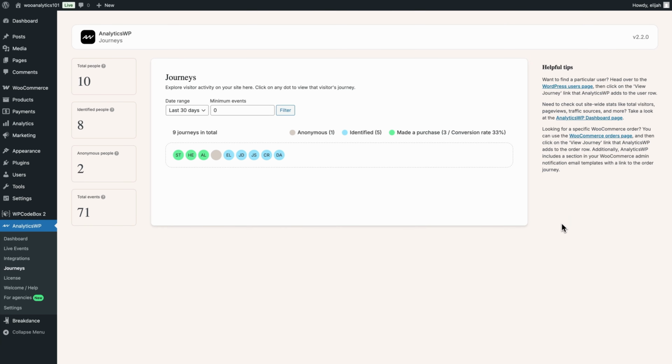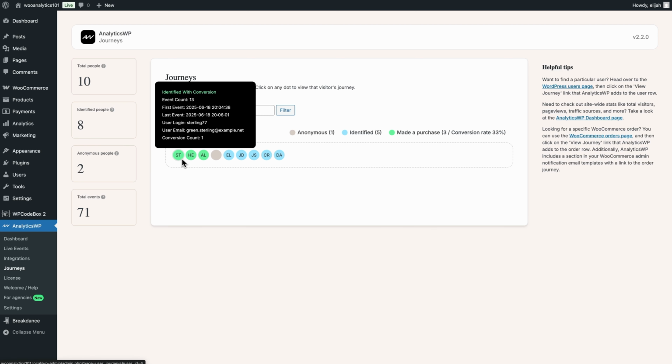Now, the final type of journey that I want to look at is a conversion journey, where a customer actually made a purchase on the site. Not because there's a problem, but because something worked. And if we understand what worked for those customers, perhaps we can make it better or ensure more customers have that same experience. So let's take a look at these three journeys,